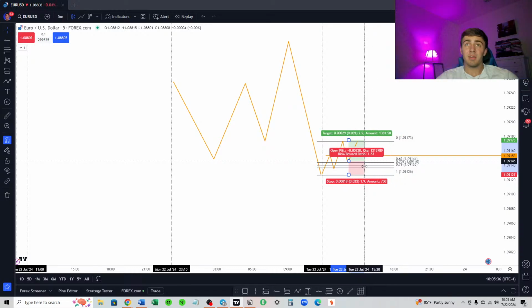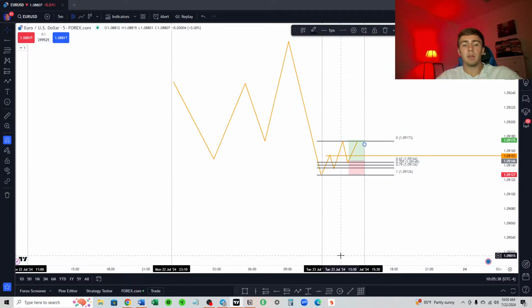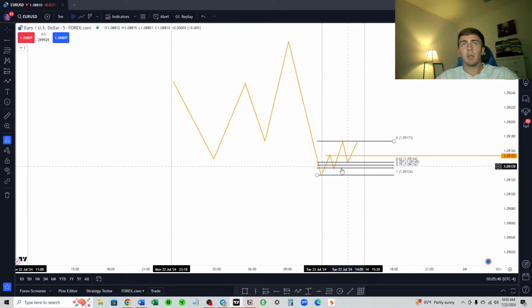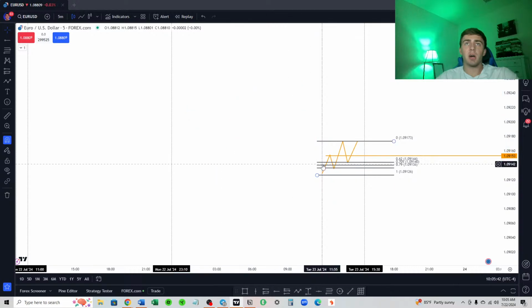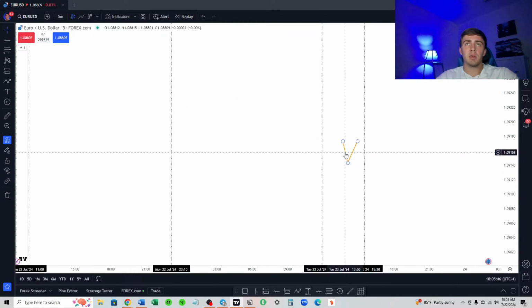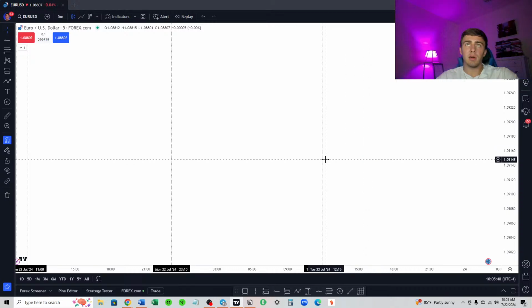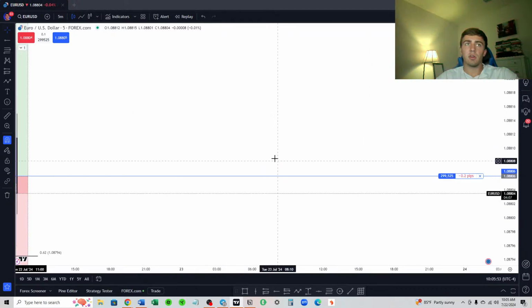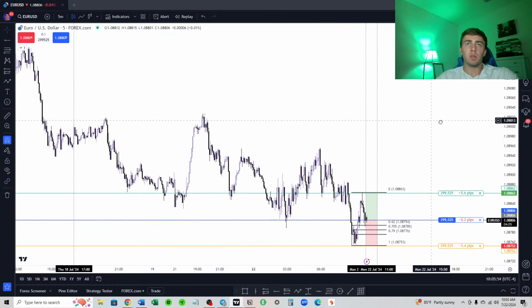It's extremely accurate, and I'm going to show you guys. You just have to make sure you spot it. That's the thing. It's not as mechanical as you would want it to be, because you have to be able to identify it, right? You have to be able to see it on the chart. So I'm going to show you guys what I saw on the chart today